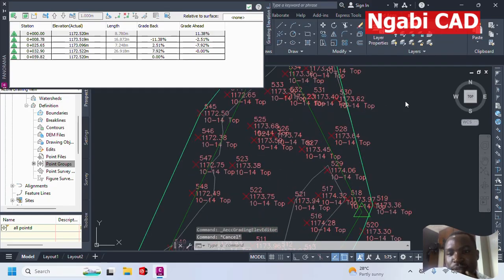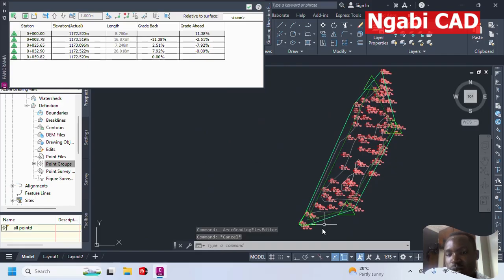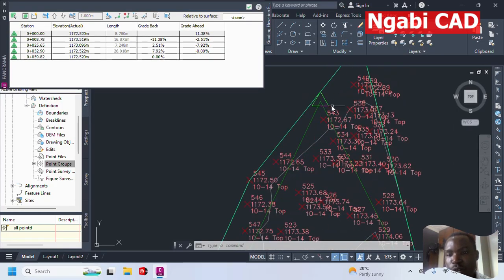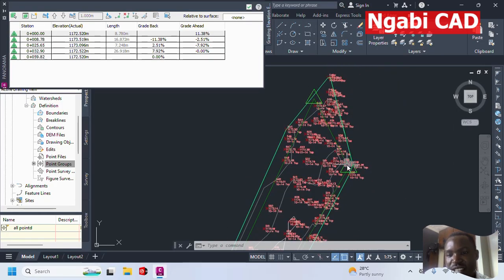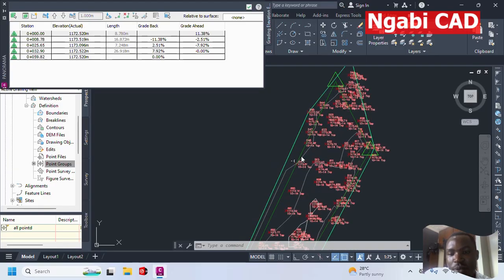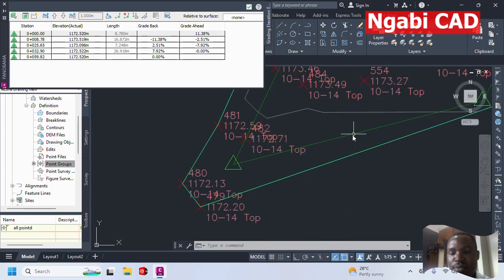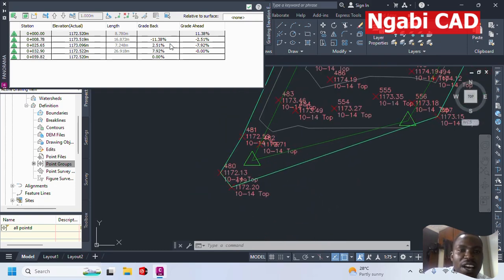So I need my water to flow from this side and go to this side, so the slope should go in that direction from top to bottom. So what I will make sure is that the gradient of this line is 0, and then this one is also 0, this one is 1.5, and also this one can be left at 0. How do I change that? Come to this, the last one, change it to 0,